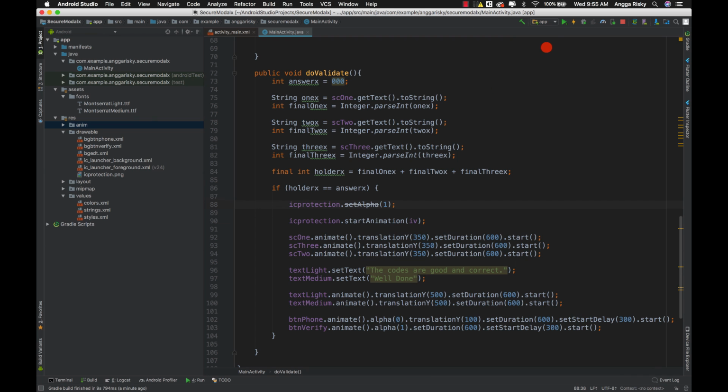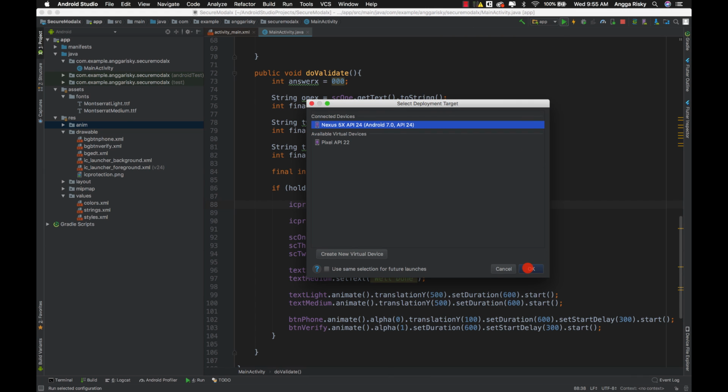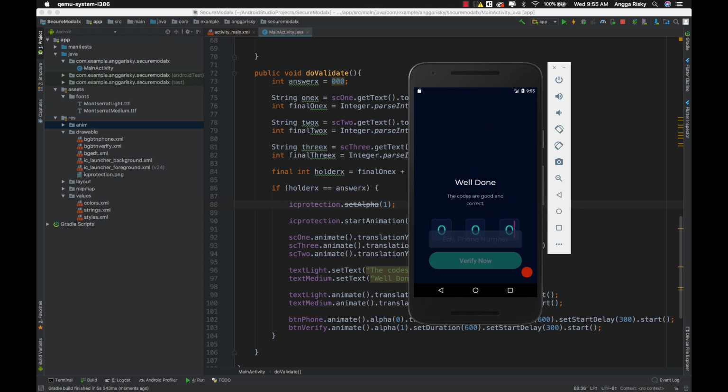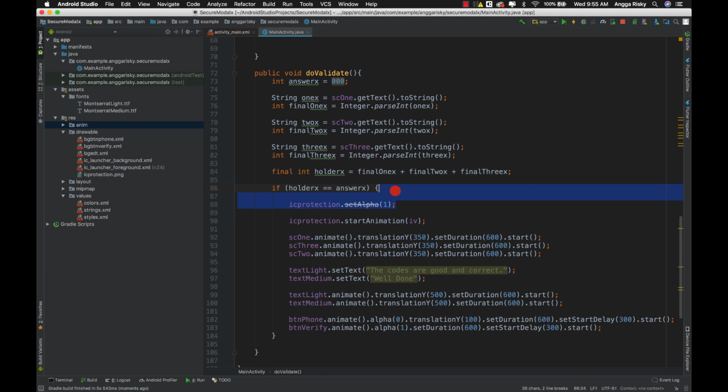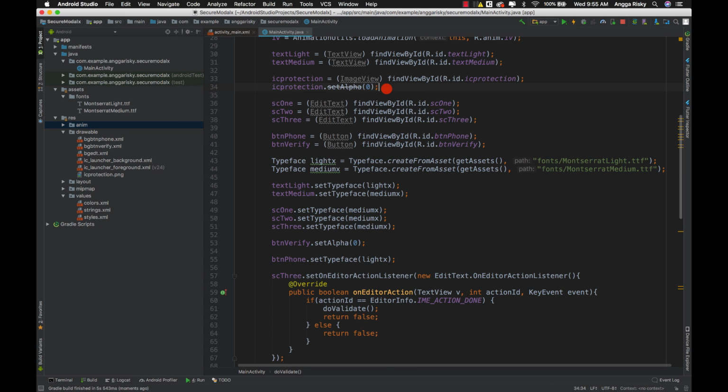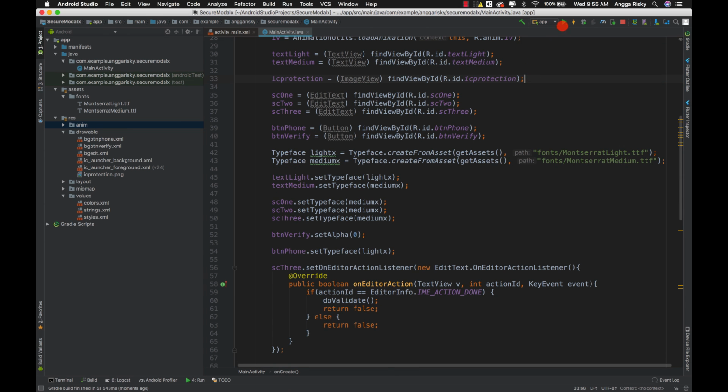Okay, let's try again. So we have to give 0, 0 and then 0, and it's not working. What if I just remove this alpha and start again?